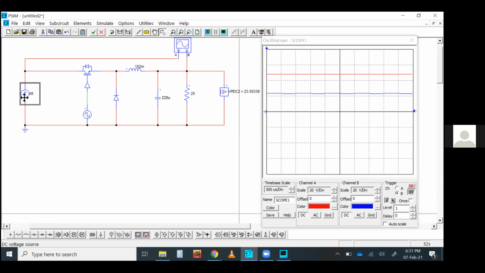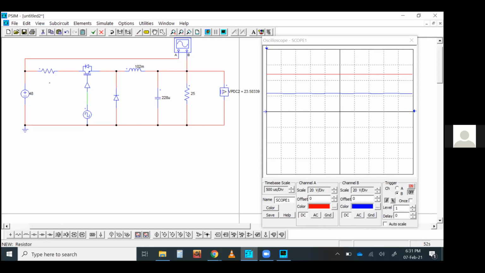Whatever battery or whatever DC voltage source you take, there will be some internal resistance here, and that will cause some internal voltage drop. The moment you increase the current by the load, there will be a voltage drop here. That will make the input voltage of this converter less, and ultimately you will not get the exact voltage as you desire. We will see it now. That's the real life problem.